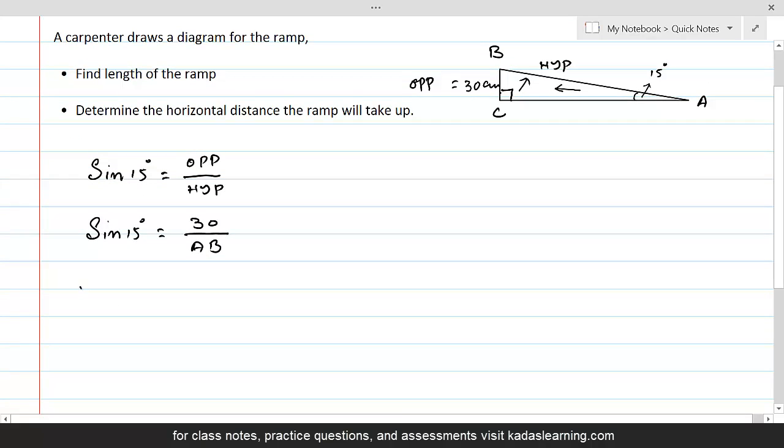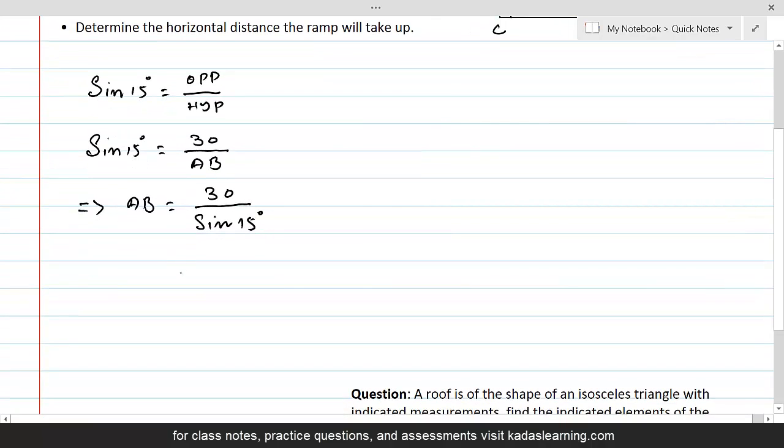And now this will give us AB equal to 30 over sine 15 degrees, and if we substitute the value for sine 15 degrees from the calculator, which is 0.258, this gives the value of AB equal to